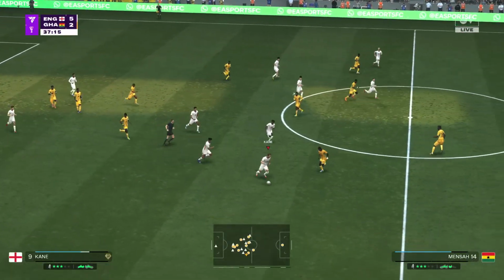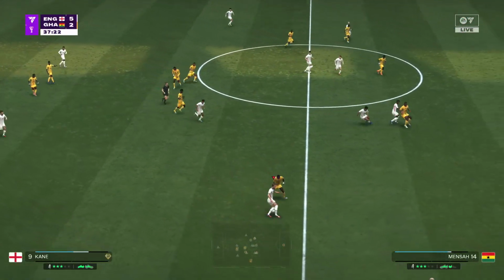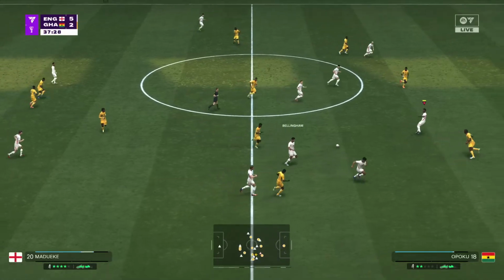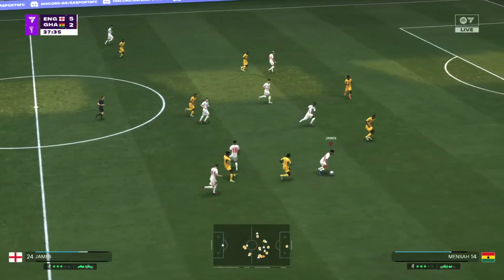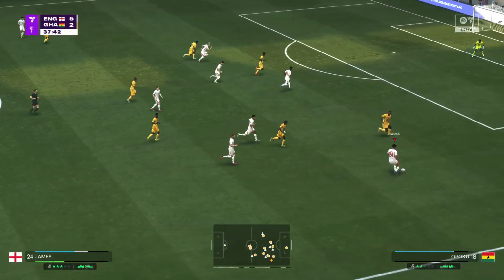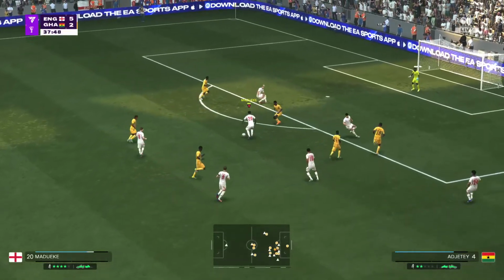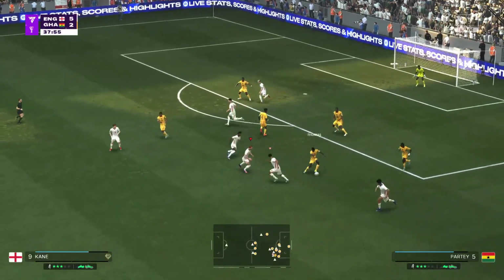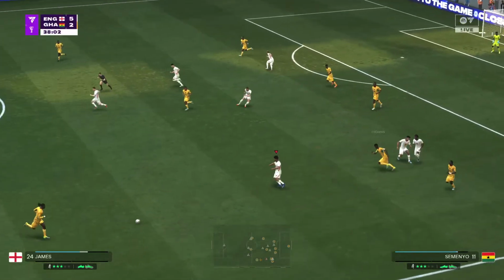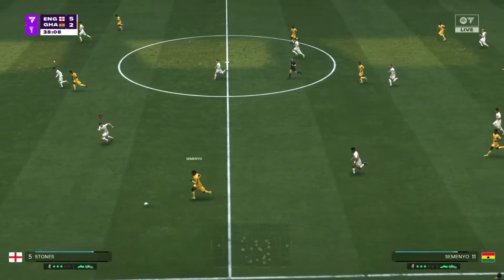They could break at pace. Bellingham. James. Thoughtful play. And with that, the attack breaks down. Yeah, you can see that they're a really well-coached side, can't you?